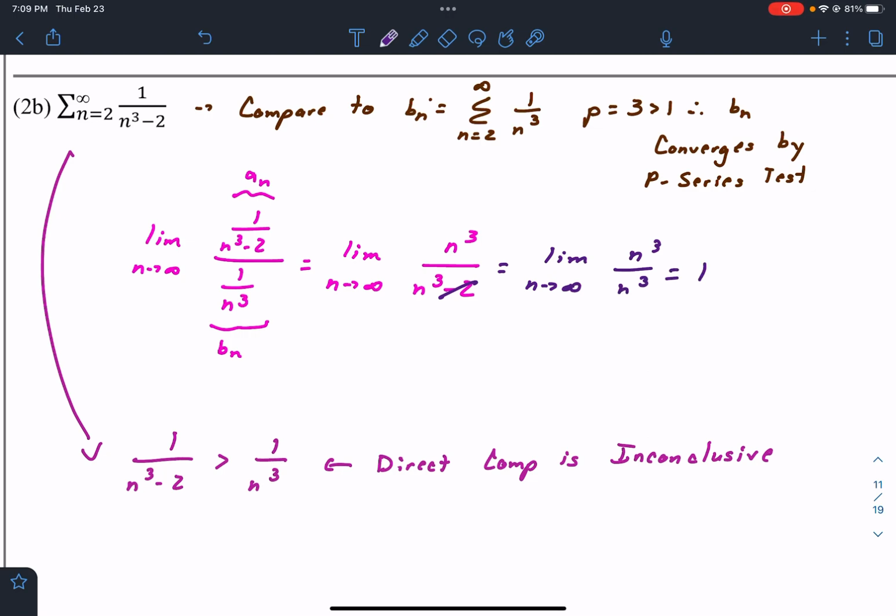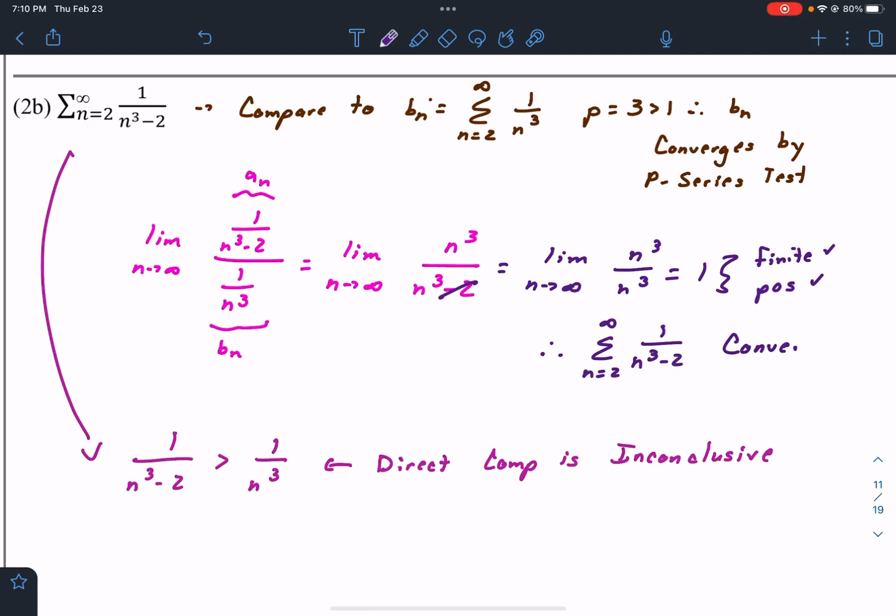Is that finite and positive? Yes, it is. Finite, check. Positive, check. Remember, those conditions are going to be extremely important. So this doesn't just confirm that it converges, it confirms that they behave the same. So because this one converges, the B sub n converged, this one is also going to converge. So we're going to say, therefore, this original series that we were staring at converges by limit